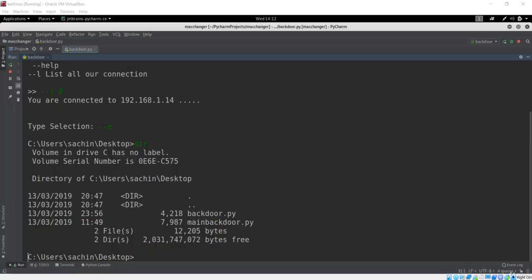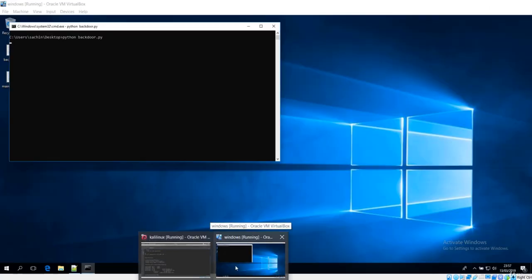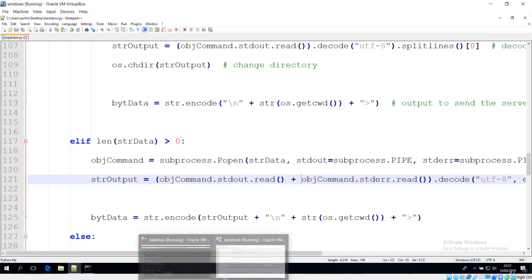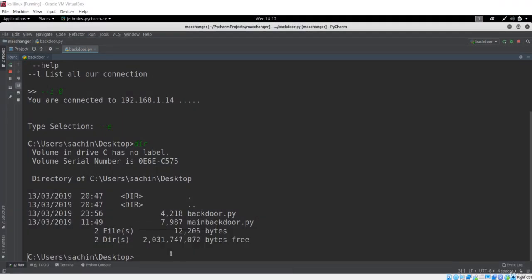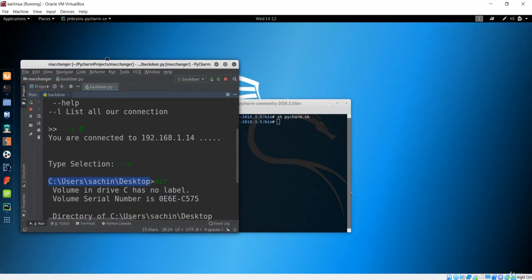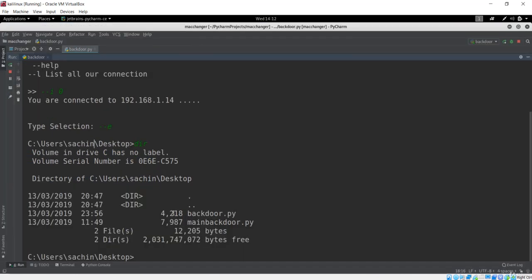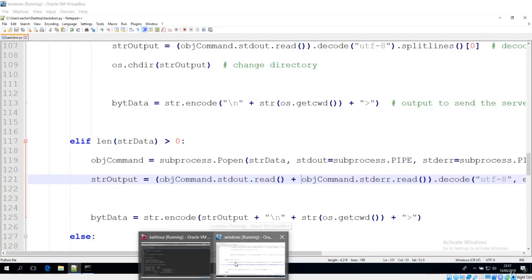So the error was obviously about that, and let me show you that the error was due to this file in here, because this command was not executed properly. Now we could see that our Python file has executed this dir command on this client. You could see this is the Windows format, not the format of the Kali machine. We were running this on the Kali machine, and this is the file format for the Windows machine, which is obviously our test machine.